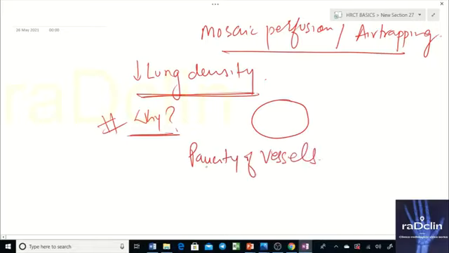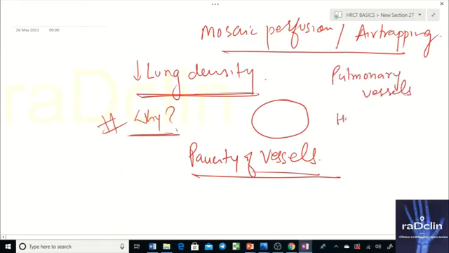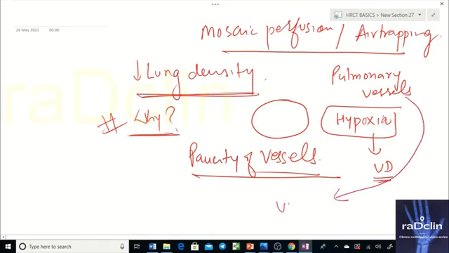So in our UG days, when we studied for the PG exam, we understood one thing that is very specific for pulmonary vessels, and they behave atypically. Normally, in response to hypoxia, vessels everywhere in the body tend to show vasodilation. But pulmonary vessels, typically in response to hypoxia, show vasoconstriction. And why do they do so? They do so to channelize the blood into those areas where you have air.